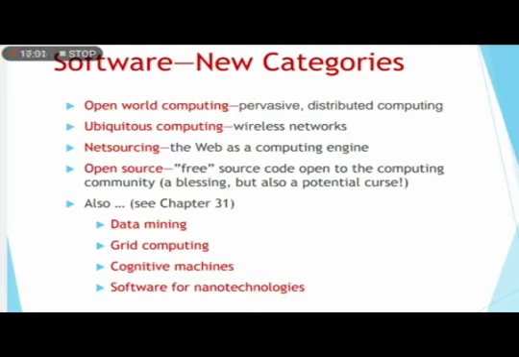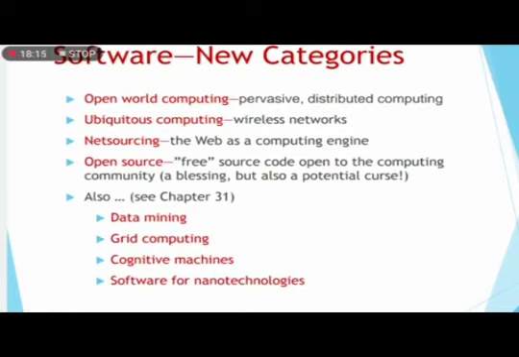Open source, a growing trend that results in distribution of source code for system applications, for example operating system, database, and development environment, so that customers can make local modifications. The challenge for software engineers is to build source code that is self descriptive, but more importantly to develop techniques that will enable both customers and developers to know what changes have been made and how those changes manifest themselves within the software. Next is some new economy.